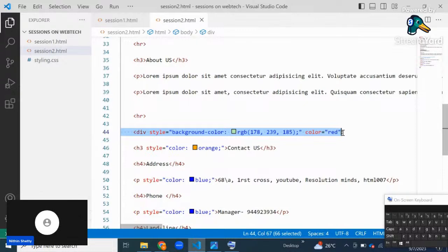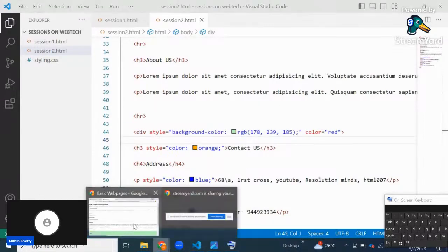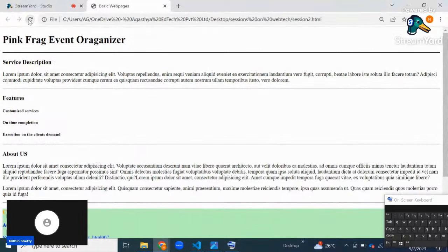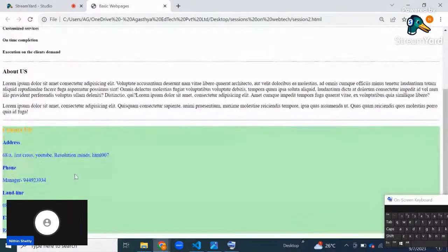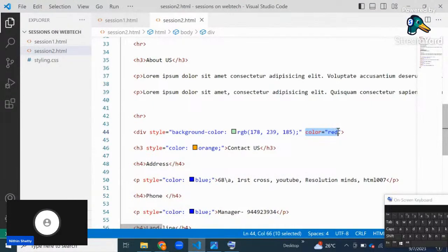All right, let me proceed. Okay, as I told, let's see. Let me see my output now. If I refresh, no, the color is not getting changed. That means even the div tag does not support the color attribute. Okay, so my trend is telling. So what about others? Are you able to put a red color